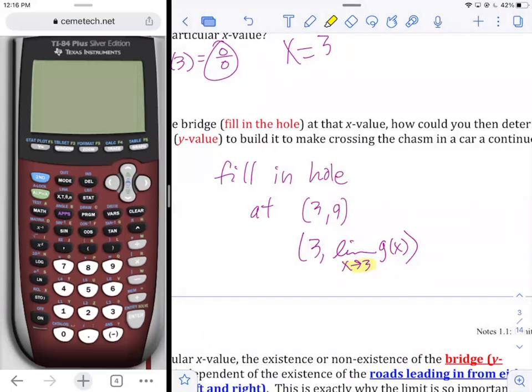So we found the y value of the hole in pre-cal before we even knew that it was the idea of a limit. But this gives us a connection. If you ever want to know what the y value of the hole is, it's the same as finding the limit. Well, let's flip that on its head. If you ever want to find the limit algebraically at a place where you know there's a hole, we could do it the same way as finding the y value of the hole, which, if you remember how we did that in pre-cal,